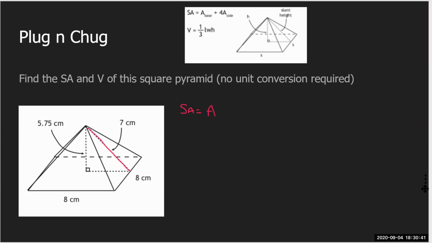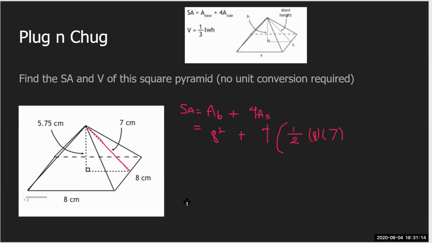And if you remember from grade 9 math, the area of a triangle is base, which is in this case 8, times height, which is 7, divided by 2. Remember, this slant height is not the same as the pyramid height. You can see that the numbers are different, so don't get them confused. Remember to differentiate. So right now, Stephanie is inputting the numbers into the formula,